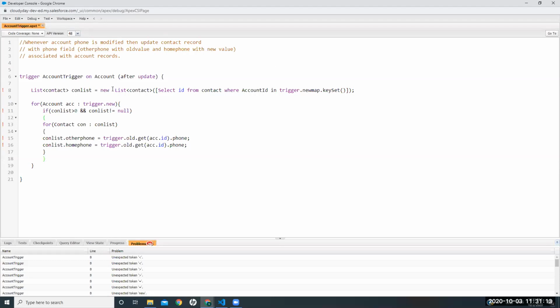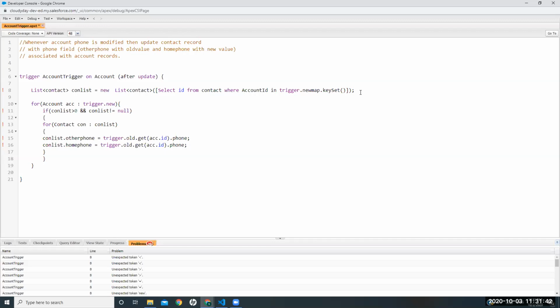So what I did is I got the contacts into this list. Sorry, I should make a map. I used select ID from contact where account ID in trigger.newmap.keyset. Is this correct? One second, I'm just checking.